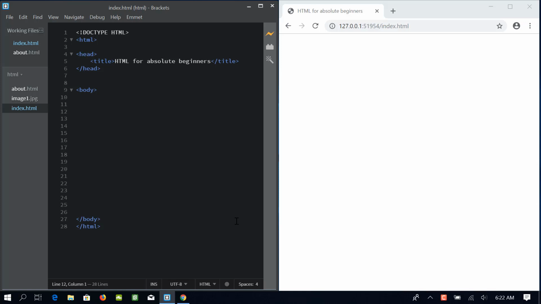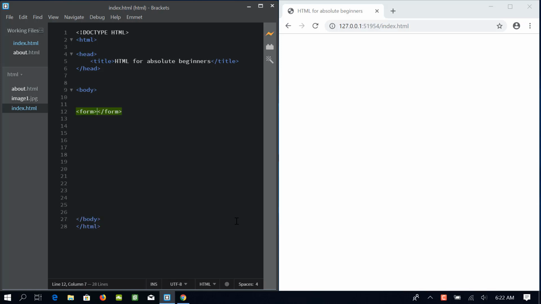Before I begin making forms, I must tell you that the forms as well as many other elements like tables etc. in pure HTML are very ugly and we need CSS to style them. However, in this lecture, we will only learn the basic building blocks of forms and we will not style it. Okay, in order to make forms, we use the form element.